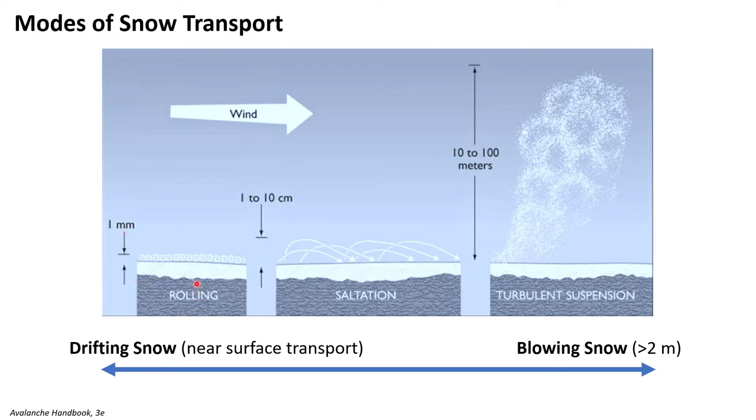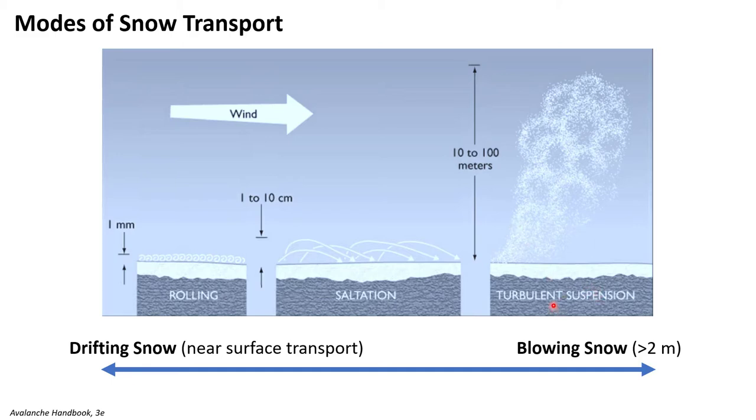And we call that rolling. Sometimes that's called creep as well. And as you move further up off the deck, you have the process called saltation, salt coming from the Latin root for jump. So now you have these particles that are sort of bombarding each other and lifting off the ground. And then when you have really high wind speeds up further off the ground here, 10 to 100 meters,